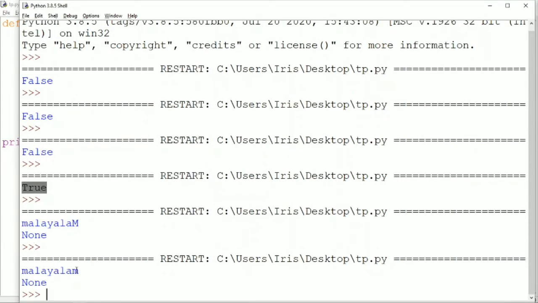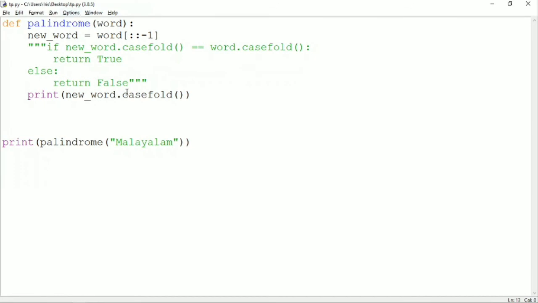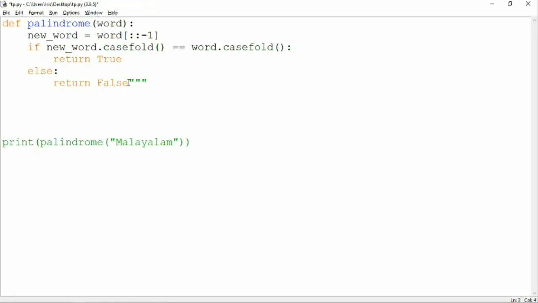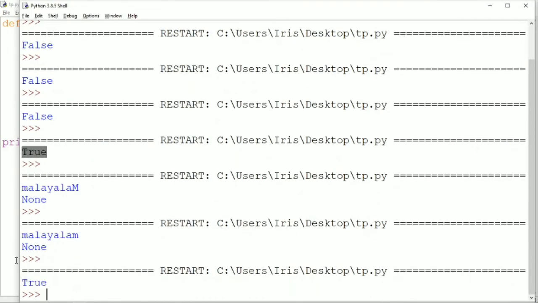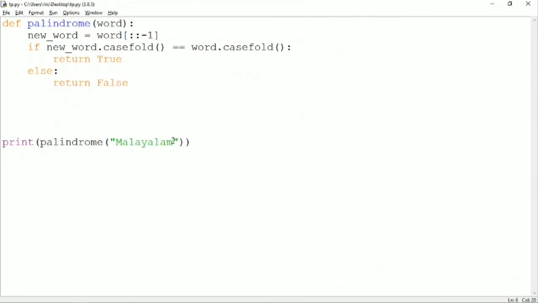So here you see the difference. It found an uppercase in the string, and it lowered that substring to a lowercase. Okay, so that is the reason we use casefold in this. So let me just remove this and again return my if else condition, and yeah, that's it. And let me just run it again. True.